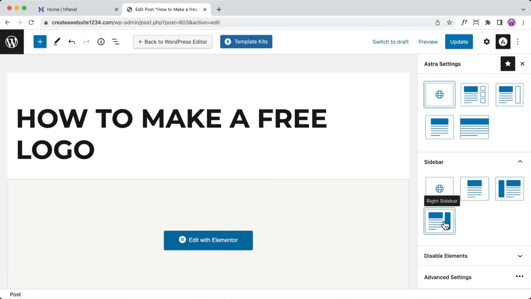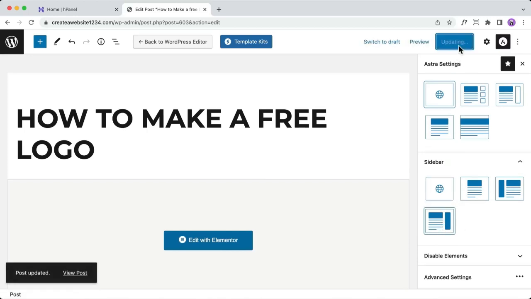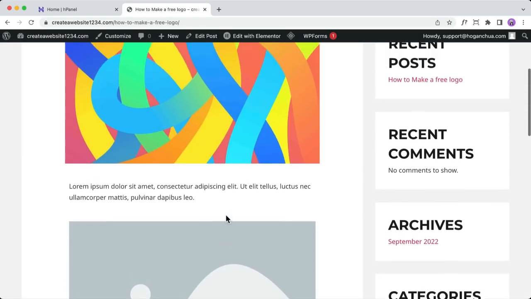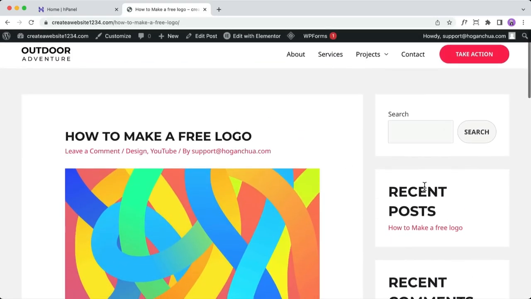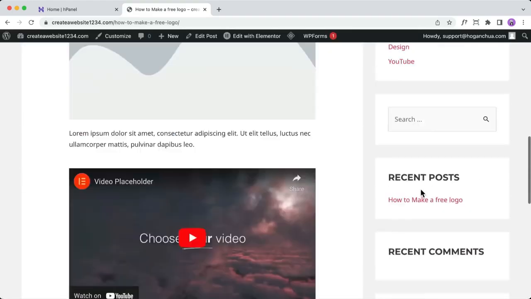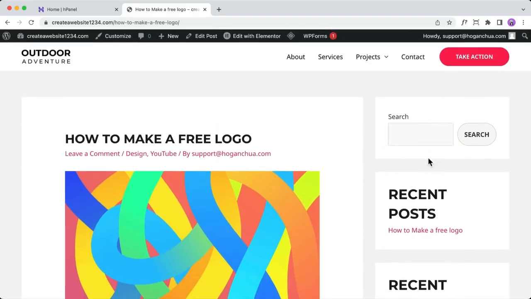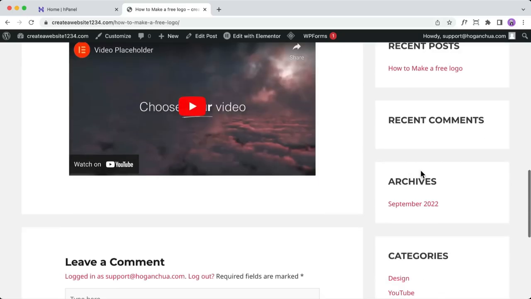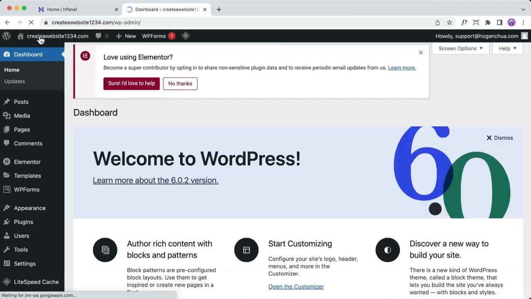So we can click on the right sidebar and update it. And let's have a look and see the changes there. All right, so that makes it more like a blog post, and you can edit the sidebar section. To edit the sidebar section and display what you want, we can go back to our dashboard, and